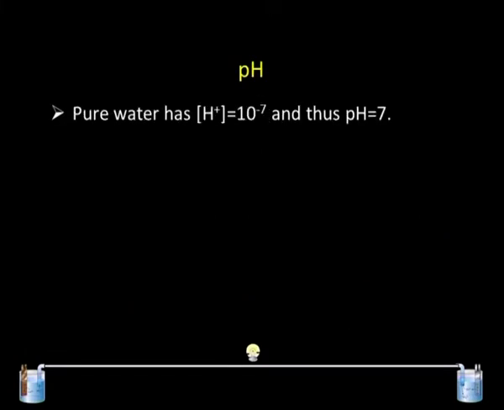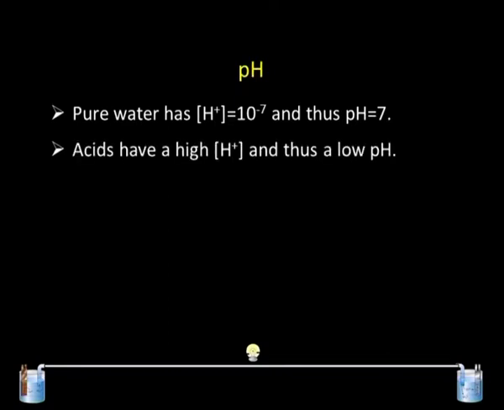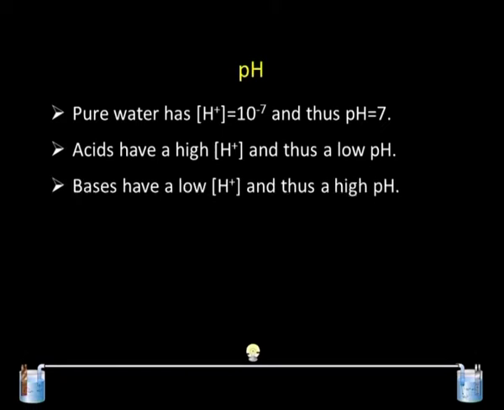Pure water which we use has hydrogen ion concentration equal to 10 raised to the power minus 7, and therefore its pH is equal to 7, which represents a neutral pH. Acids have a high hydrogen ion concentration and thus they have a low pH value, that is lesser than 7. On the other hand, bases have a low hydrogen ion concentration and thus they have a high pH which is